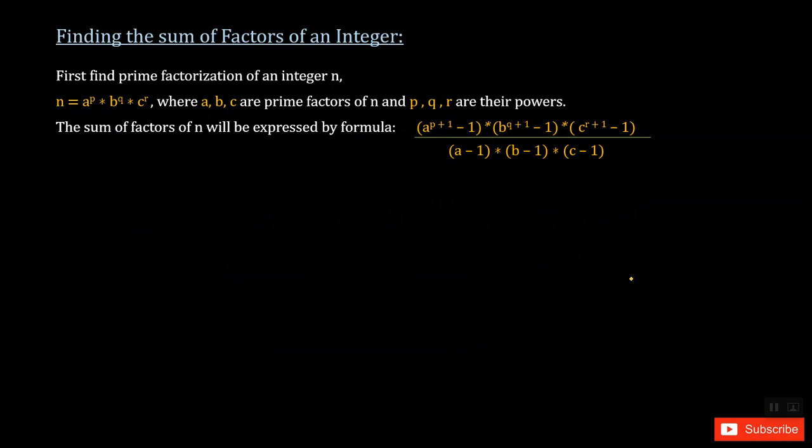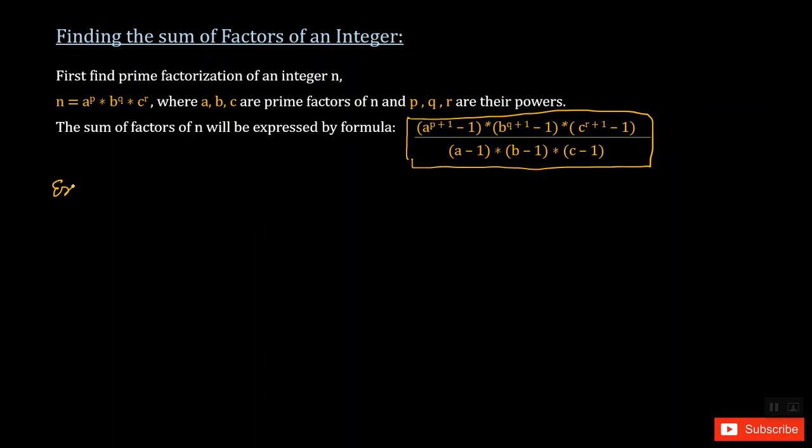Sometimes you may also expect a question to find the sum of the factors. In this case, I don't know how many factors there are, and I also don't know what they are, whether 1, 2, 3, 4, whatever. But the sum of the factors we are calculating here includes 1 and the number itself. To find the sum of the factors, the first thing I'm going to do is find the prime factorization of the given number, take down the prime numbers and their powers, and then use this rule. So this is the rule to find the sum of the factors.